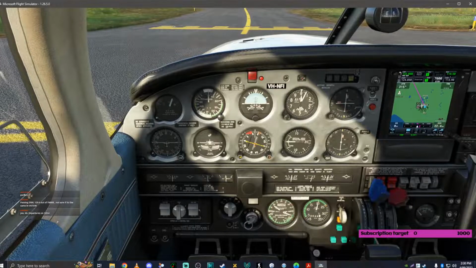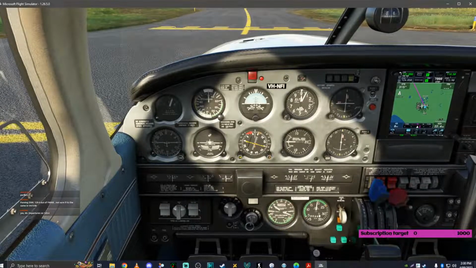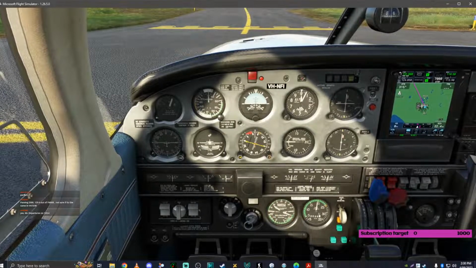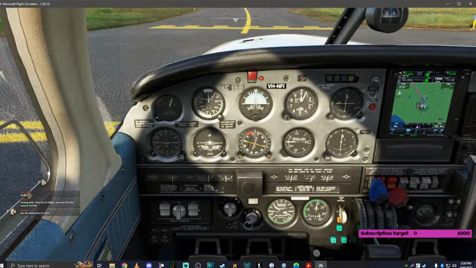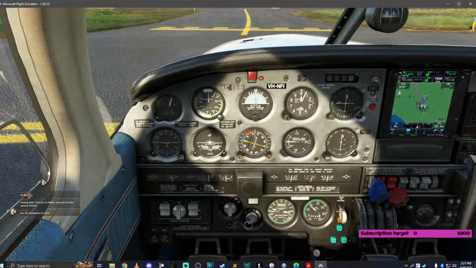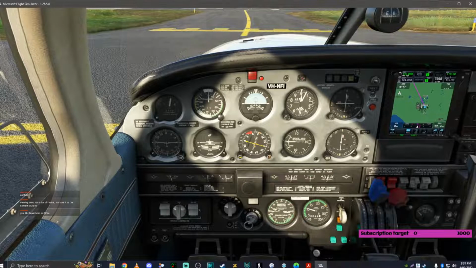So, shift to left magneto, looking for a slight drop, no more than 100. Shift to right. Okay. Mags are okay. I know when I had the A2A Cessna, you basically lean the mixture when you're taxiing, but for the purpose of the exercise...